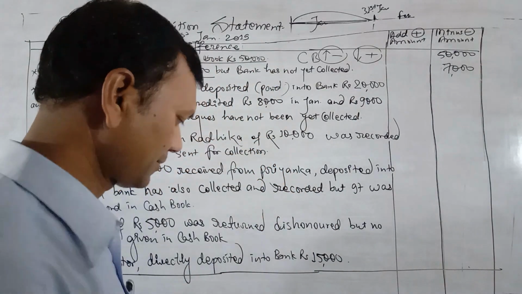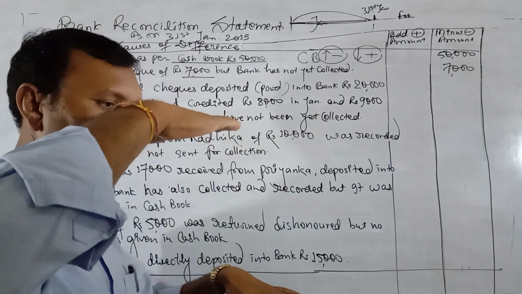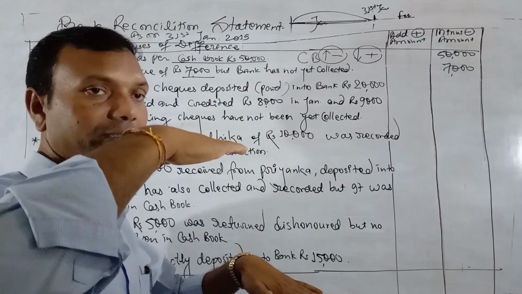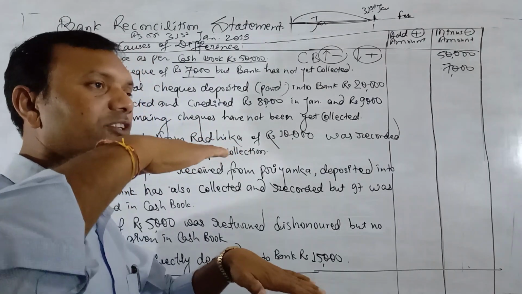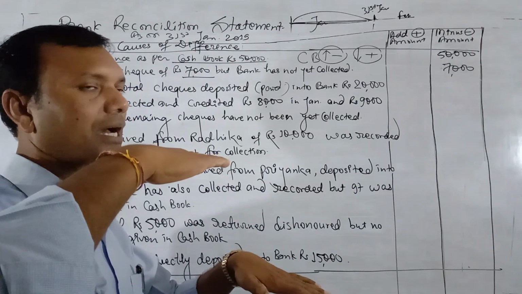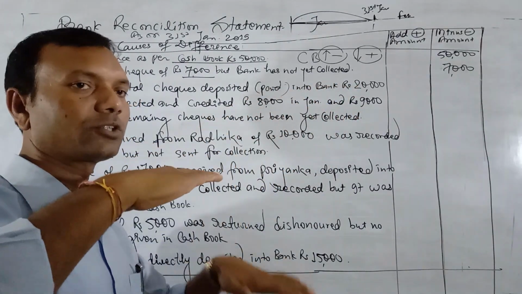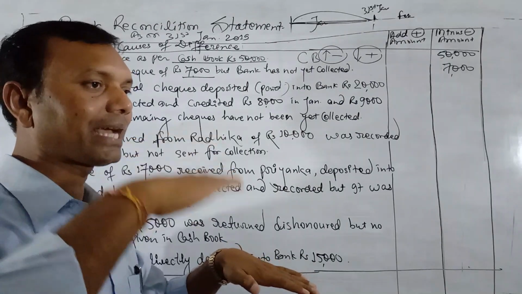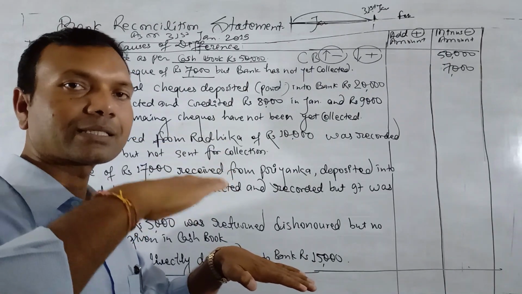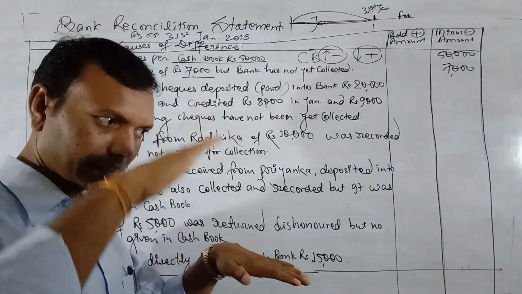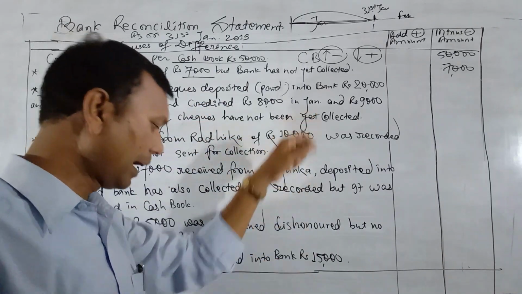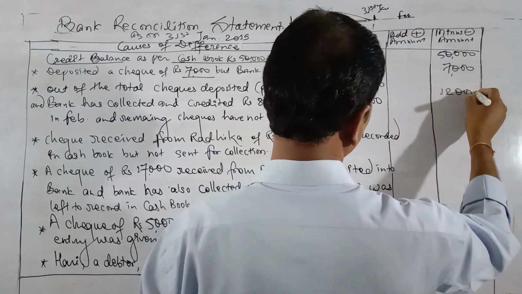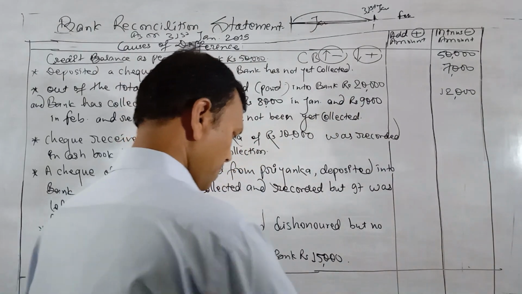What decision should we take? We have already increased the cash balance, but the bank balance has only increased by 8,000 up to January 31st. There is a difference between both balances of rupees 12,000. How? 20,000 minus 8,000 is 12,000. We have to take a decision for 12,000. What should be done with the cash book so that both balances can be equal? We have to just decrease it. Decrease the balance and it will be equal. So 12,000 we have to write in the minus column.